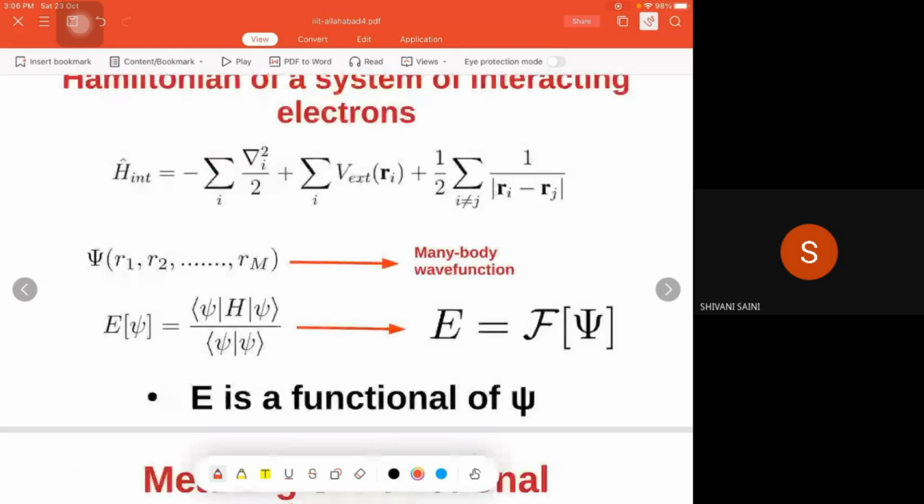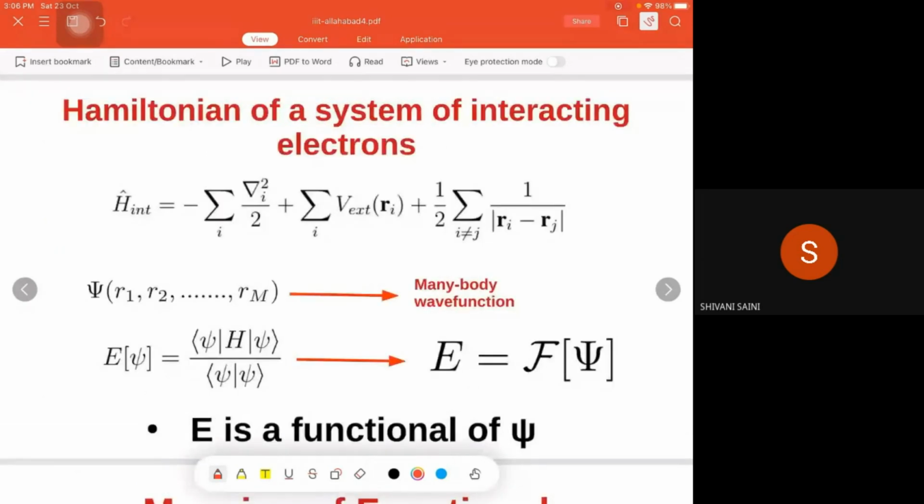Okay, so let's begin. This is the Hamiltonian of a system where let's say you have m number of electrons and they are all interacting. Yesterday we saw that the first term is the kinetic energy term of the electrons, and this is the potential, which is because of the nuclei. So if you have some n number of nuclei, in the presence of those nuclei, the electrons are moving. So we have to write the potential for that, and this is the Coulomb repulsion energy term,